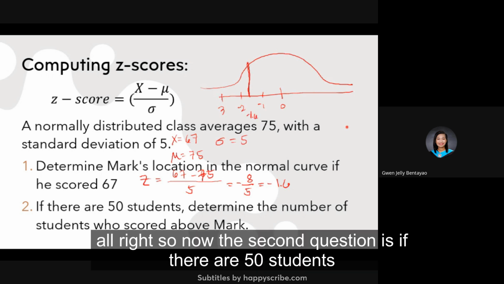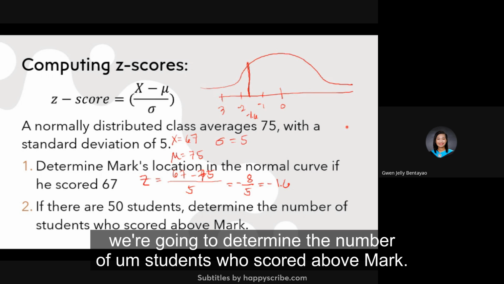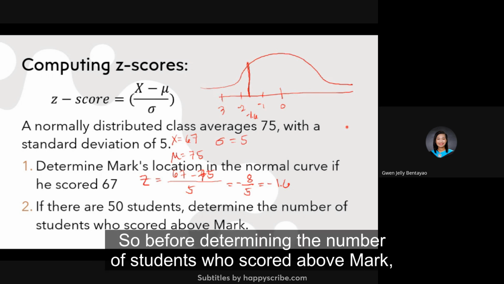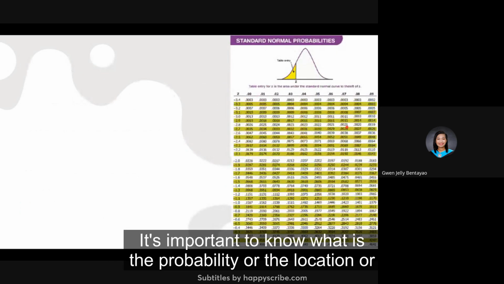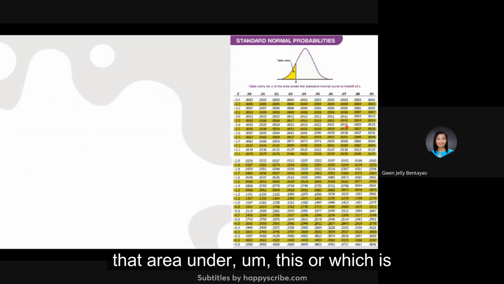All right. So now the second question is, if there are 50 students, we're going to determine the number of students who scored above Mark. So before determining the number of students who scored above Mark, it's important to know the probability, or the location, or the area under the curve in which